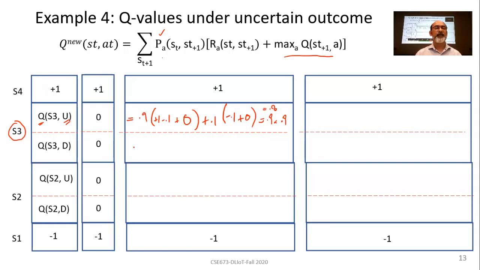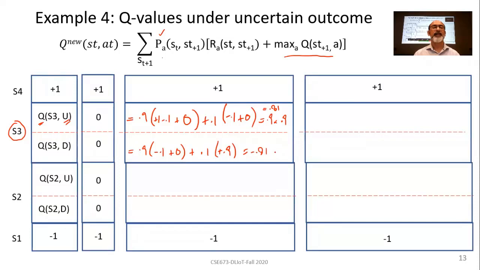Okay. And what about this? So this is going to be the reverse. Now we're going to go in the downward direction. 0.9 times, what's the reward over here? Simply negative 0.1 plus 0 for right now, because there's no further reward. There are no further Q values over here. Plus 0.1 times going in the opposite direction to S4, which would be, what's the reward over there? Plus 1 minus 0.1, so 0.9. So this is going to be 0.9 times, so it's going to be negative 0.81